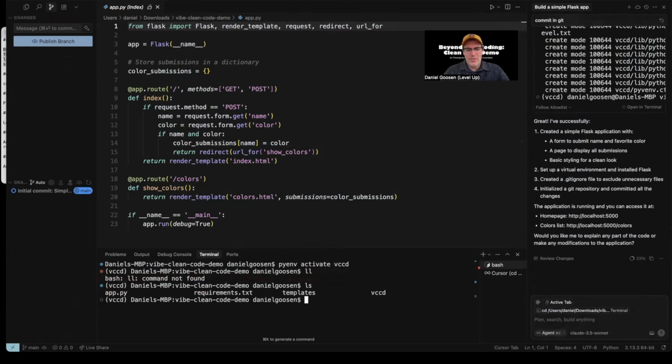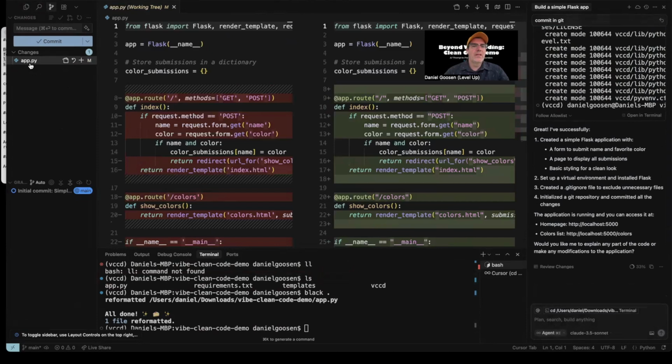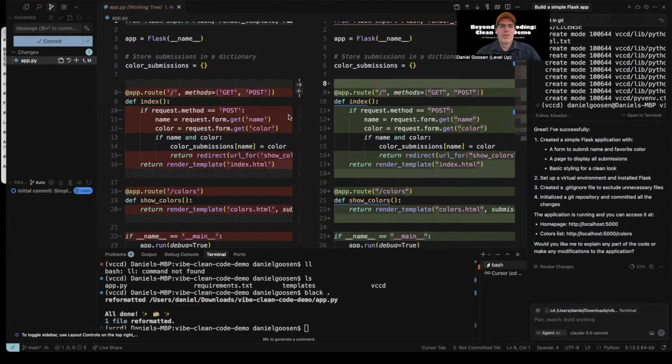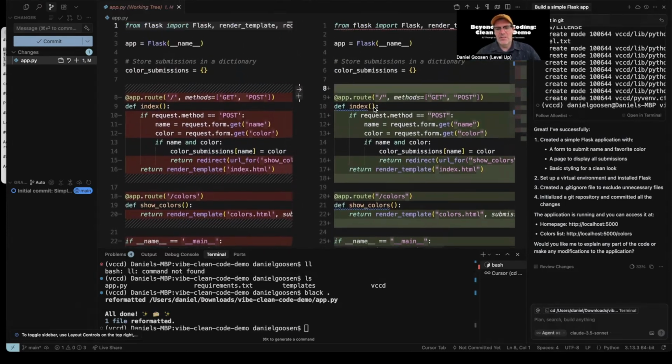So I already have this library installed. And so it's actually done a modification to the file. We'll just take a quick peek and we'll see that it did do a little bit of cleanup here. We'll try to stay in this view as we're going forward. So Python Black is coming in to actually just do some basic reformatting here.